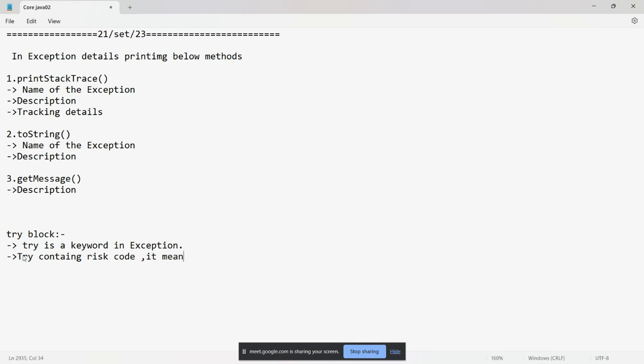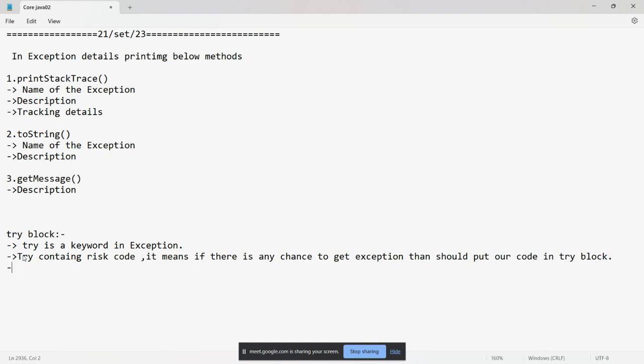It means if there is any chance of getting an exception, then we should put our code in the try block. Yes or no? The try block contains